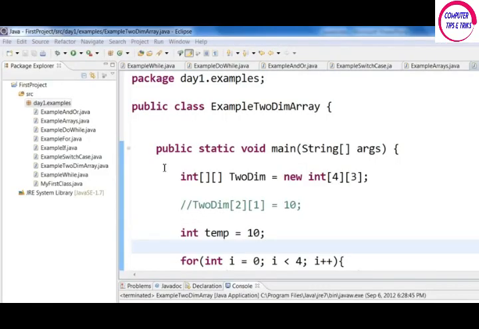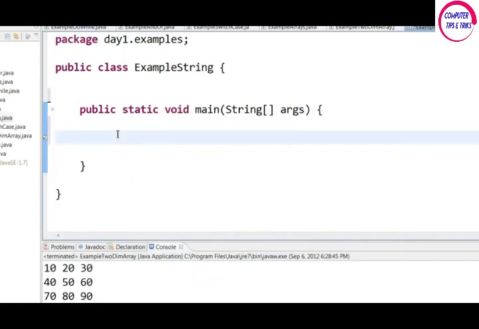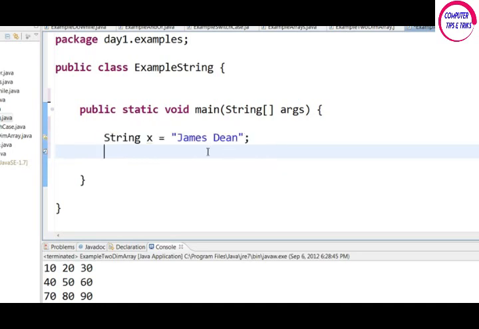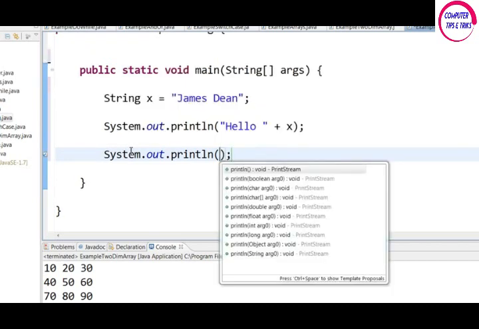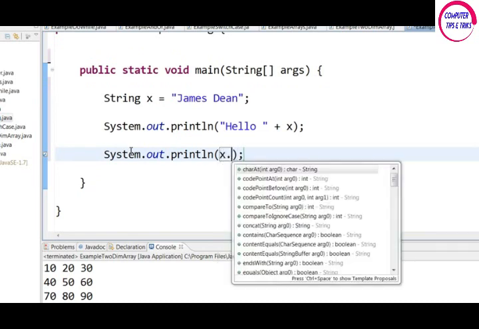Next, let us take a look at string manipulation. String is used to hold any text. So for example, I have a string x equal to James Dean. If I want to concatenate a string, I can do it like this. This statement will print hello space and then concatenate it with James Dean to print out hello James Dean. If I want to convert the string into uppercase, I can say x dot